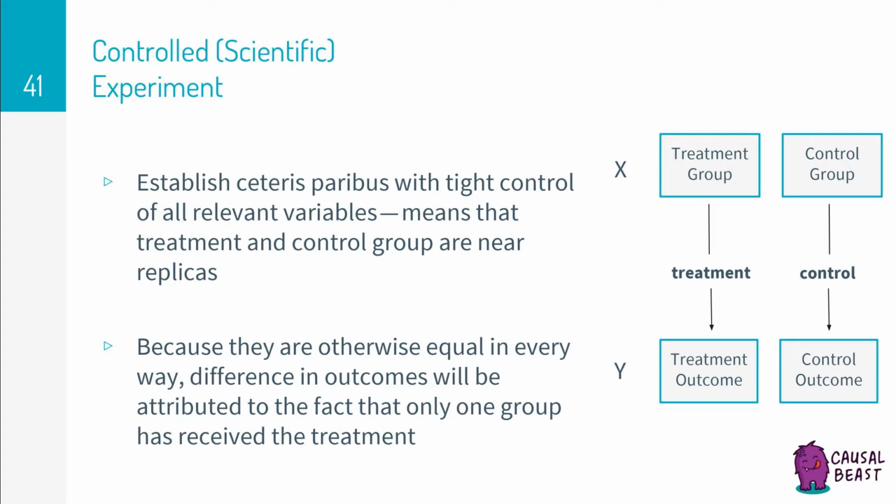Well, the variation in the treatment variable is the cause. Remember, one group receives treatment and the other group receives no such treatment. This is the source of variation in the treatment variable X. And the variation or difference between the treatment outcome and the control outcome is the variation in Y. In summary, we have variation in the treatment variable and variation in the outcome variable, which enables us to discern a causal relationship between the two. This will become more clear with the upcoming examples.